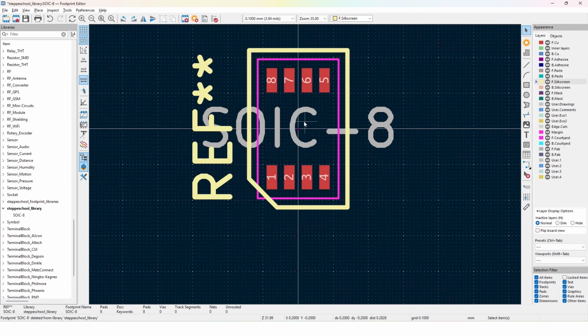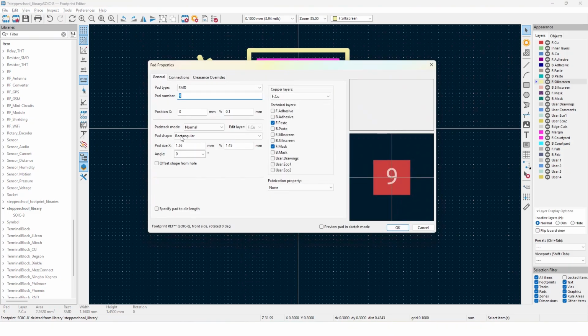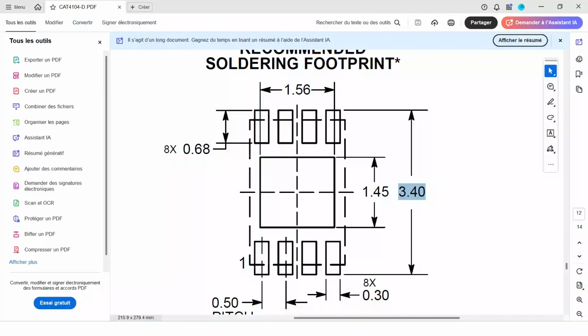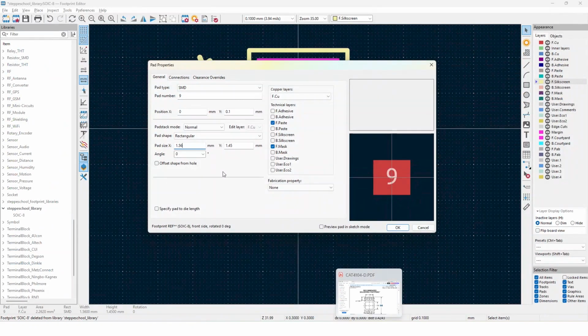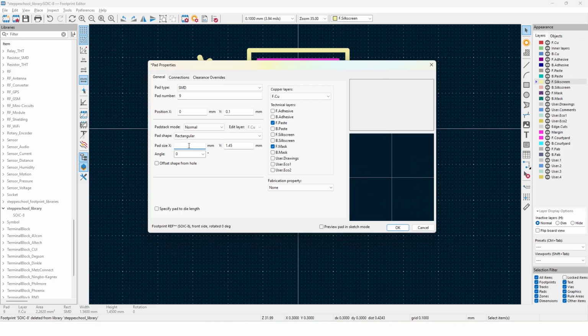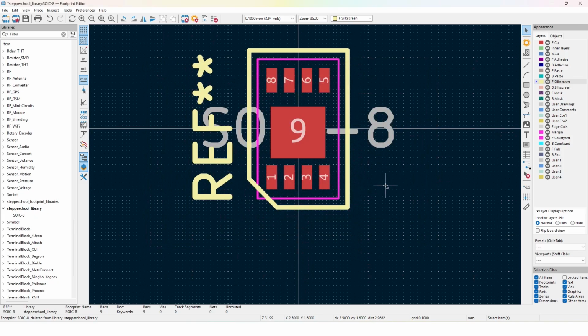So as I said, it's hard to find the exact footprint in the wizard, but we can find something really close, then we can customize it. So that's what we are going to do right now. First I will insert this pad. If you look at the dimensions, we have 1.56 and 1.45. So we have to add this information just over here, 1.56 and 1.45, just like this. We press OK, we save,